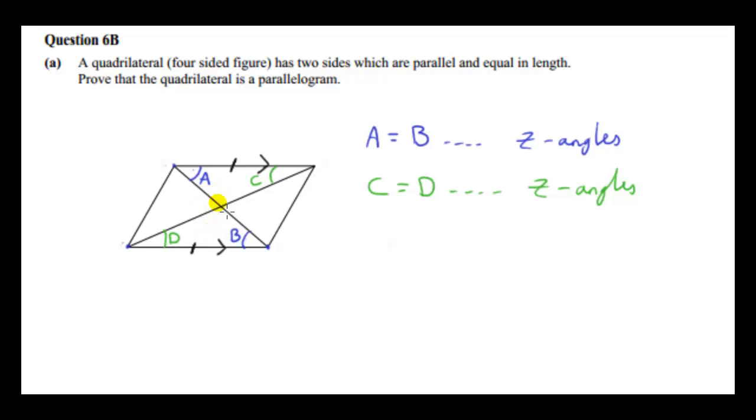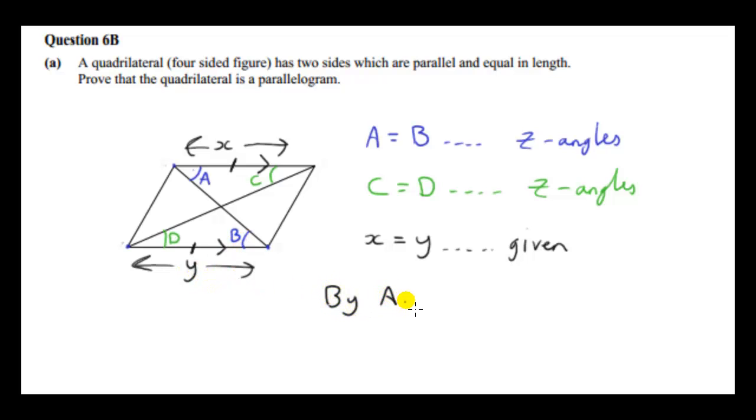Now, what else have these triangles in common? Well, they have the same side. Okay, so we can call this side X. I'll use a small letter for the side, and I'll call this side Y. So X equals Y. So X is this distance, and Y is this distance. Well, that's a given. Okay, that this side equals this side. So we see that the angles are the same in both of these triangles, and one side is the same. So we have this angle side angle situation. So by angle side angle,